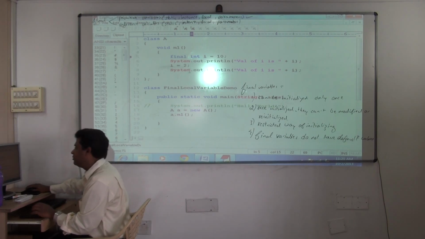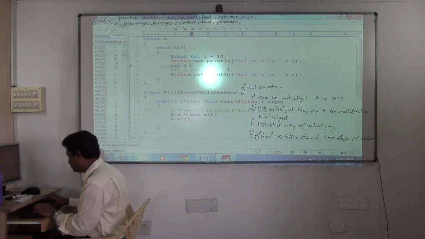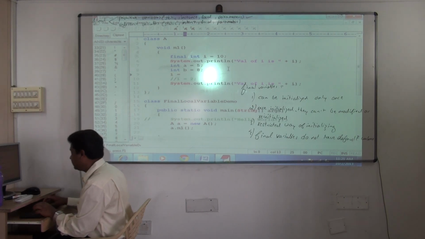Later on, it cannot be modified. Not only like this, sometimes you'll be having variables. See this, it might happen like this. int a = 5; int b = 8; i = a + b;